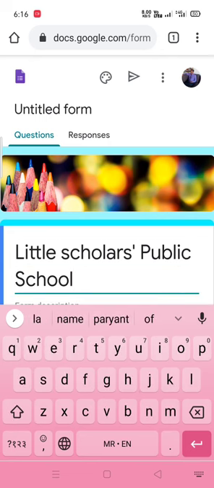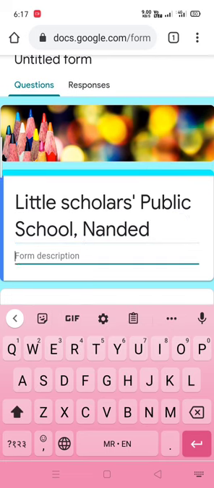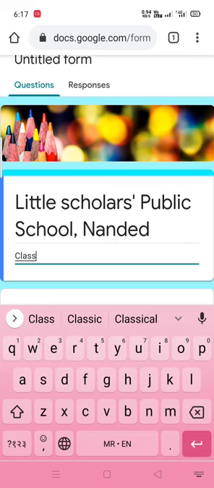Little Scholar Public School, Nanded. Now after writing, in the form description, write the class for which you are going to prepare a paper. So I am writing here 10th class.